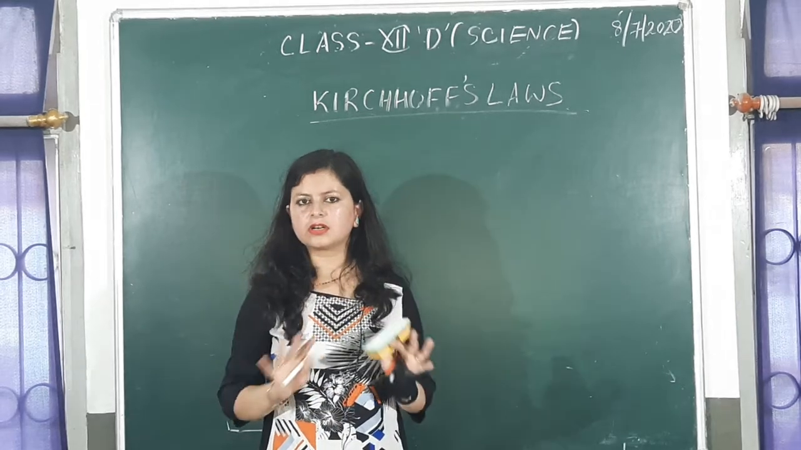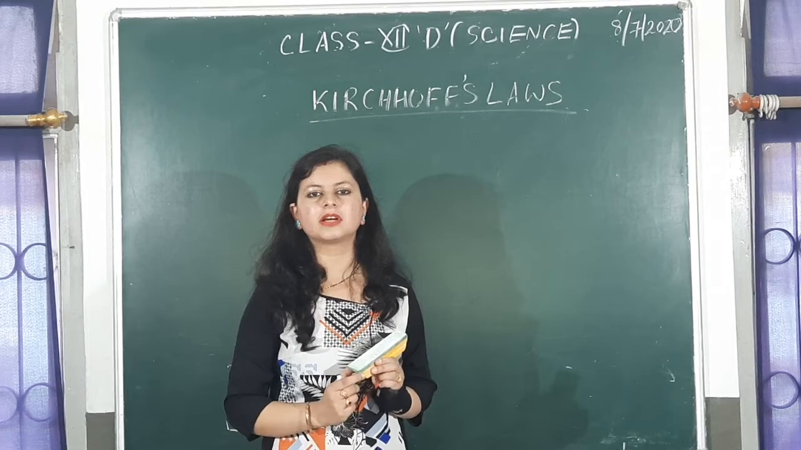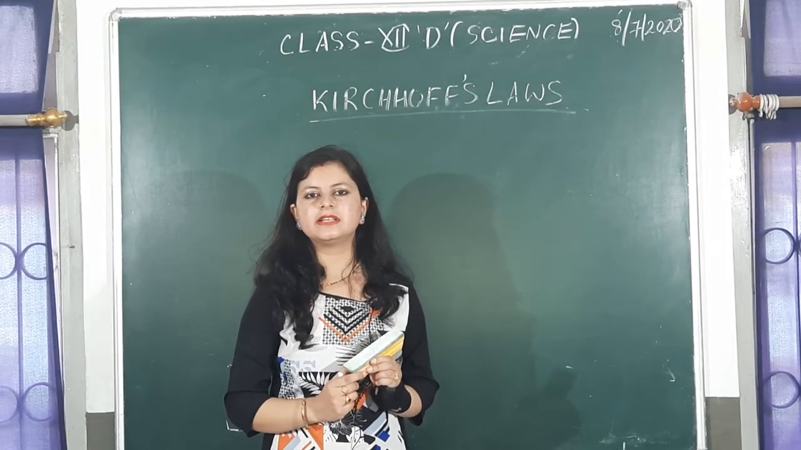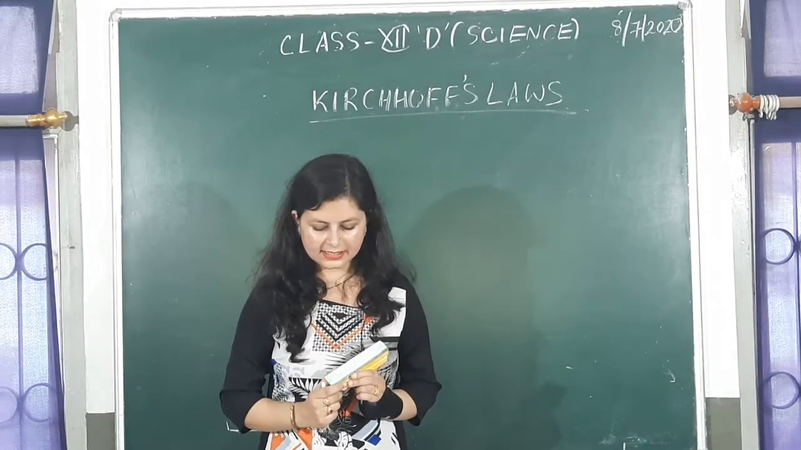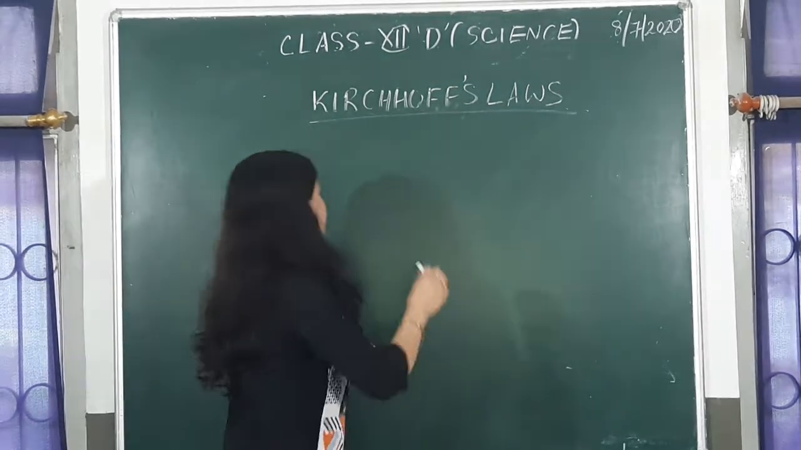If you have a network of elements in a circuit, it helps you to basically find out the current flowing through the circuit in each branch of the circuit. Let's start with the laws. There are two laws. The first law is